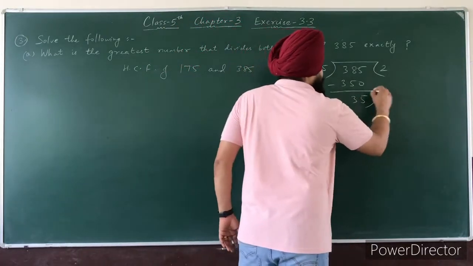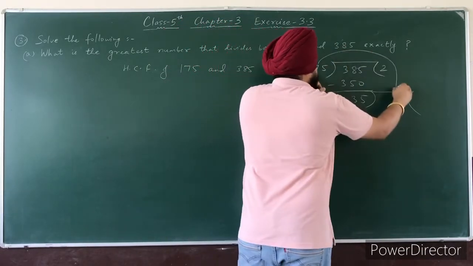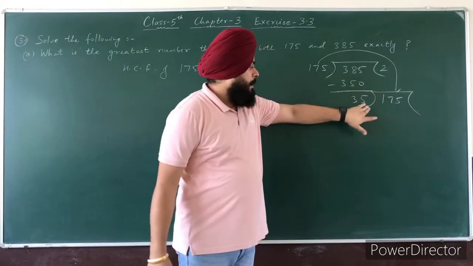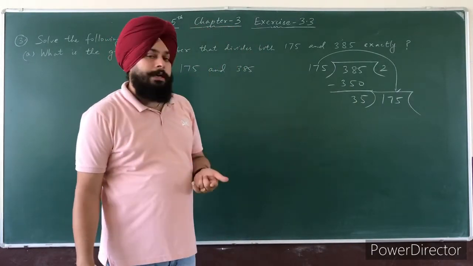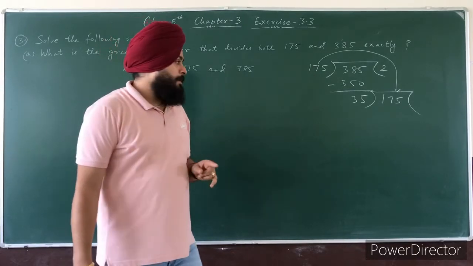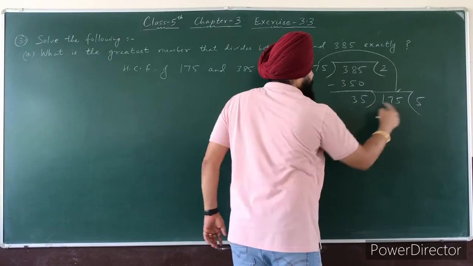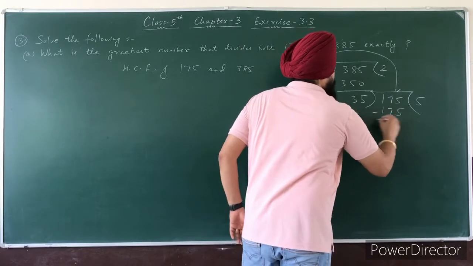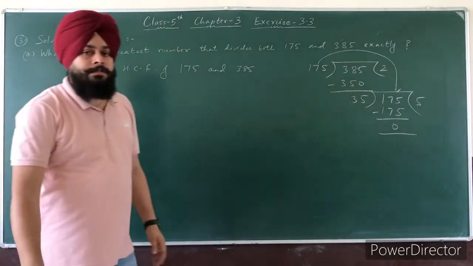Now this remainder is taken as our new divisor in the second step and the previous divisor 175 is taken as our dividend. Now we will see the multiples of 35. 35 ones are 35, 35 twos are 70, 35 threes are 105, 35 fours are 140 and 35 fives are how much? It is 175. 5 fives are 25, 2 to carry. 5 threes are 15 plus 2, 17. So now you can see here 175 minus 175. So what is the remainder? The remainder is 0 here.